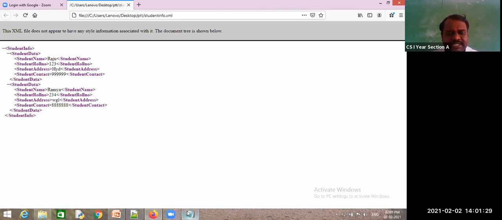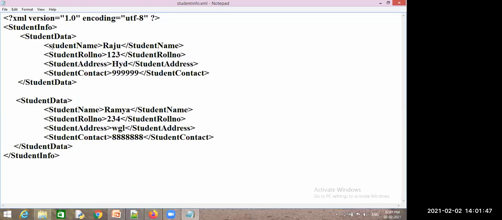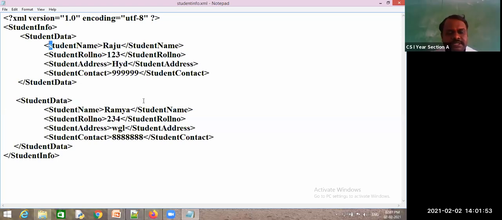See, whatever program I have written exactly follows the rule. If I do not follow the rule, see here, I have started with a small s student name, but I have closed with a capital S. Can you see this one? How did I write this?